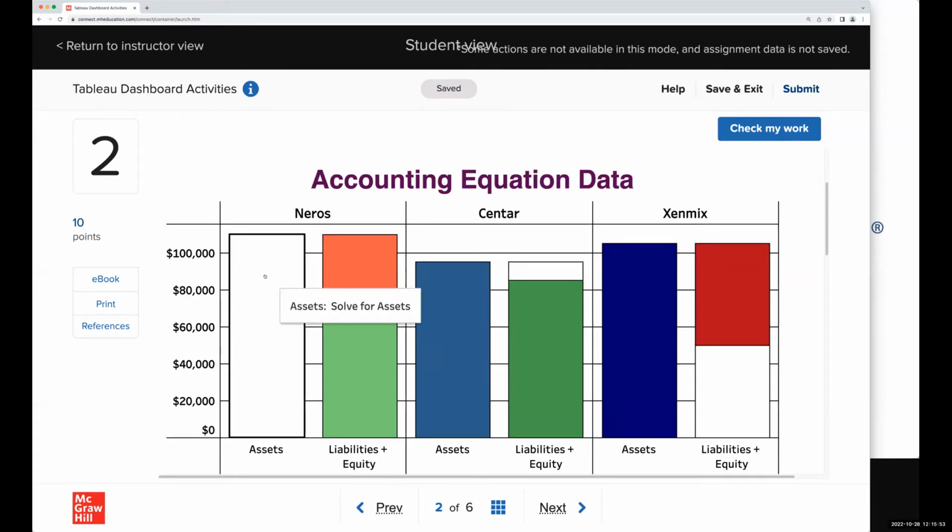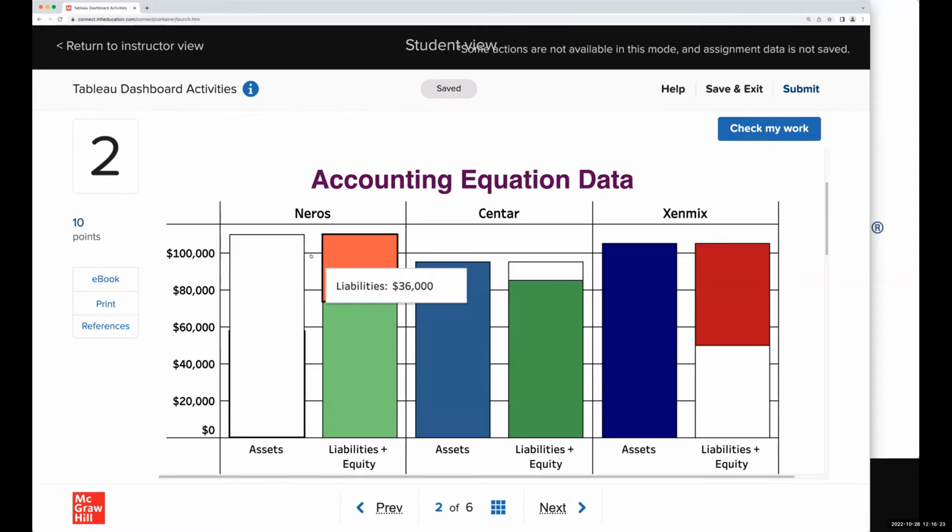So this is live Tableau running right in my web browser. I don't even have Tableau installed on my computer. I don't need any kind of subscription to Tableau or anything like that. I don't have any kind of special hardware. I run a Mac. My students run PCs and Chromebooks. If they can open up Connect, if they can open up the web, they can immediately start working with these dashboards. So take away all those technological headaches.